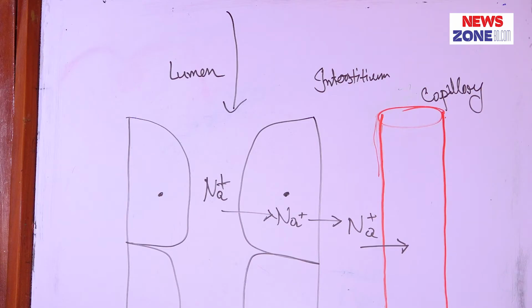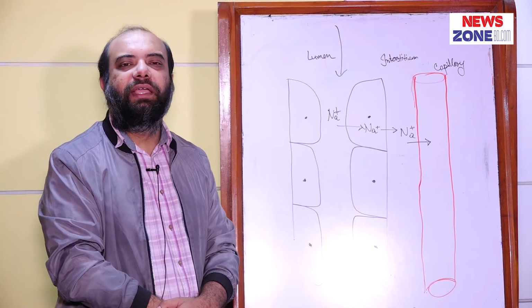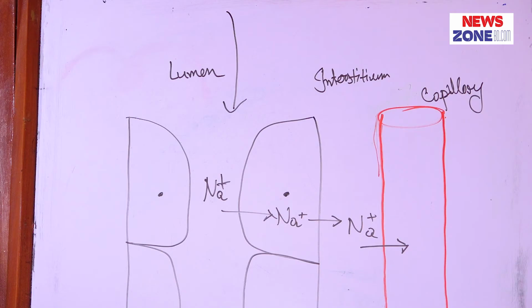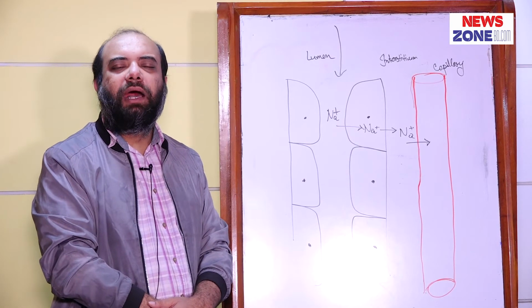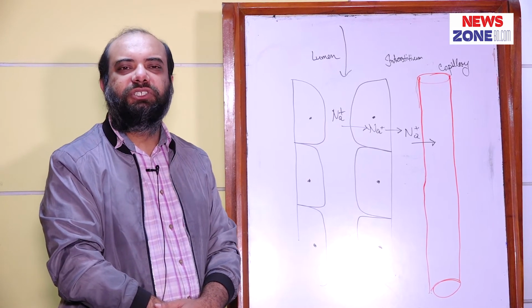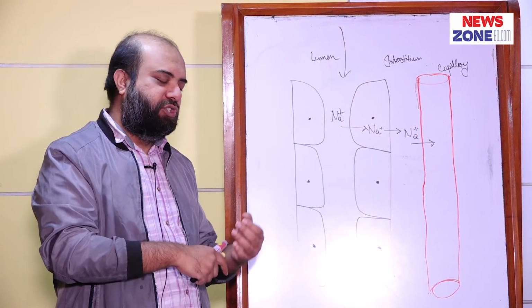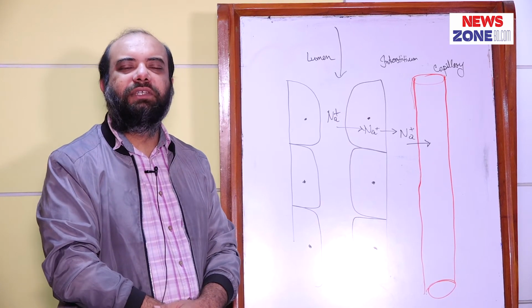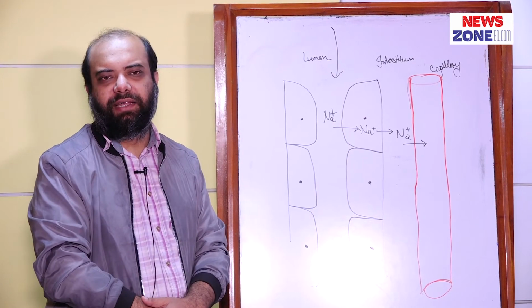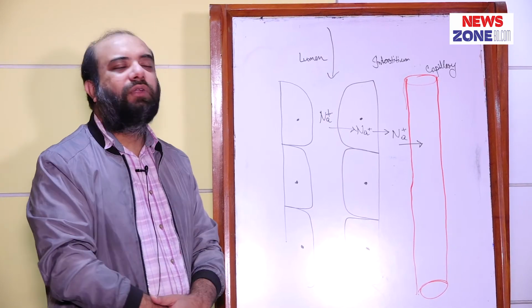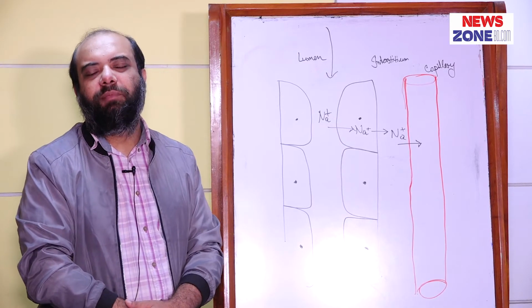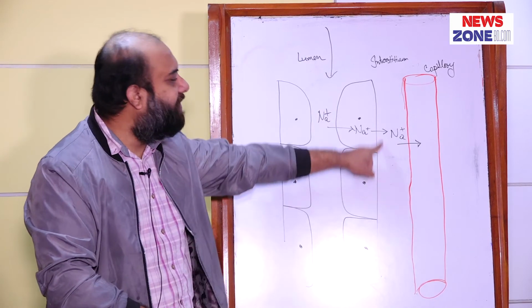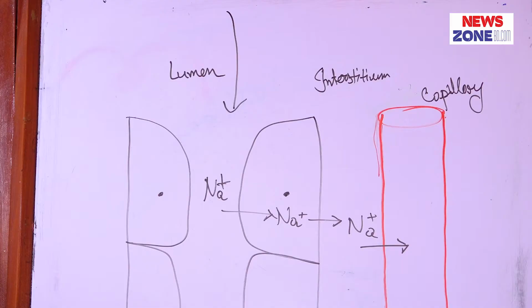From the name we can tell all these 3 mechanisms are secondary active transport processes, and there are 2 types of secondary active transport process. First one is counter transport, and the later 2 are co-transport. In counter and co-transport, sodium ion will travel along the concentration gradient, and hydrogen ion or glucose or amino acid will go against the concentration gradient, and this gradient will be established by the sodium potassium ATPase pump at the basolateral surface of renal tubular epithelial cells. That is one kind of primary active transport process.